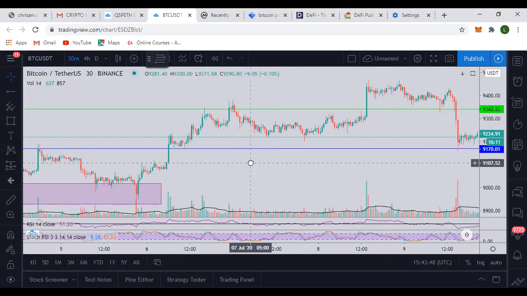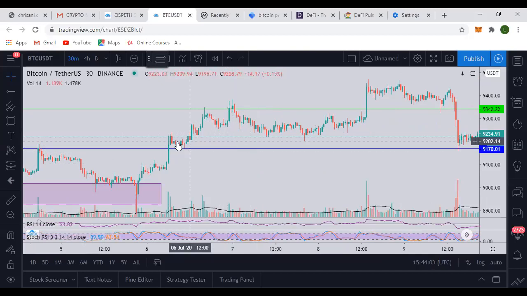And if you notice, in this particular chart we're looking at, the price did not go down below that support. It still maintained that support, even though as a range.